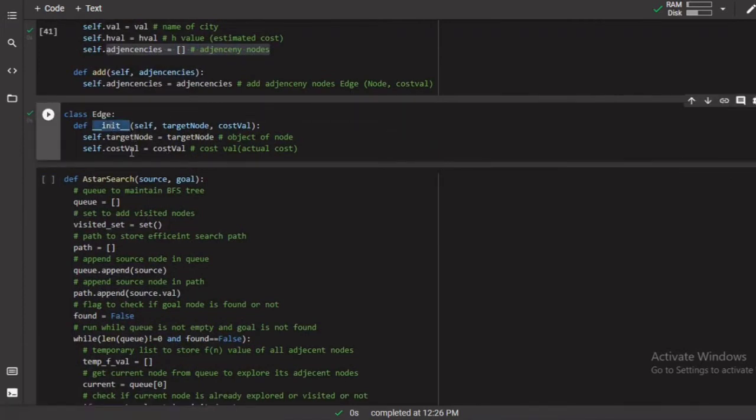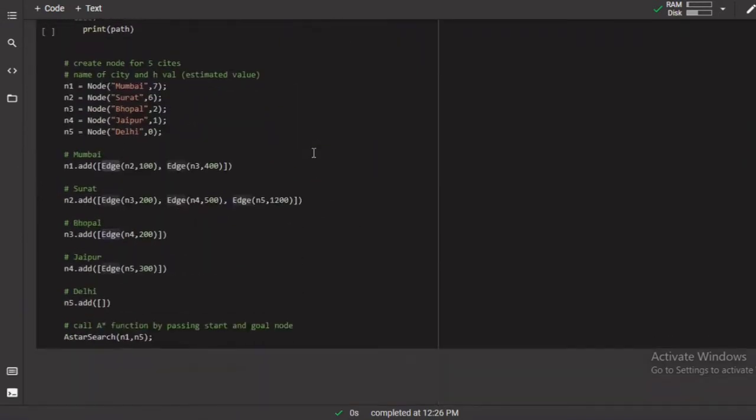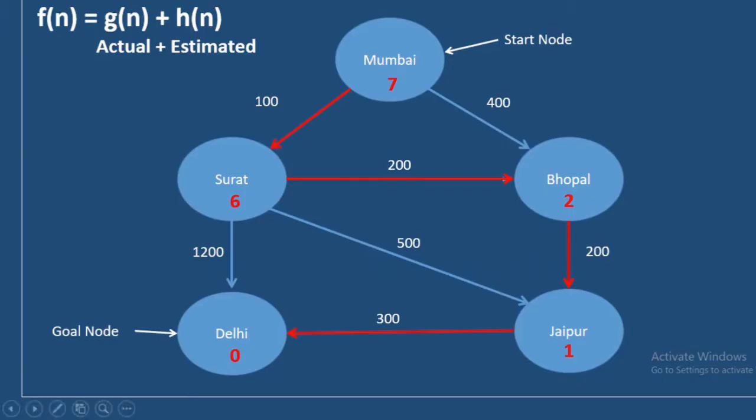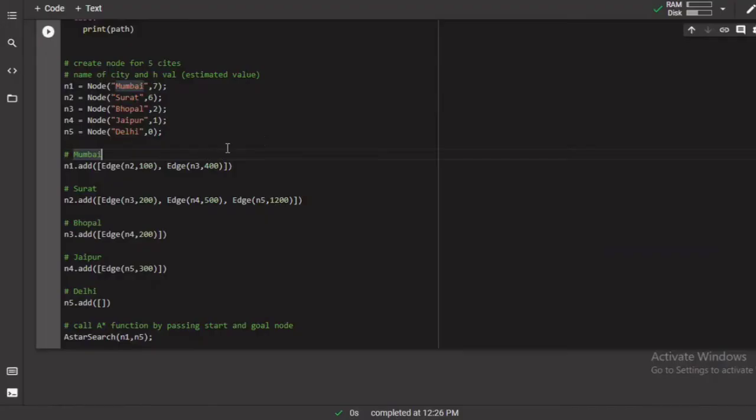Here in the Edge class constructor, I am initializing two variables: the target node and the cost value. As you see here, from Mumbai we can go to Surat and Bhopal, and the actual costs are 100 and 400 respectively.